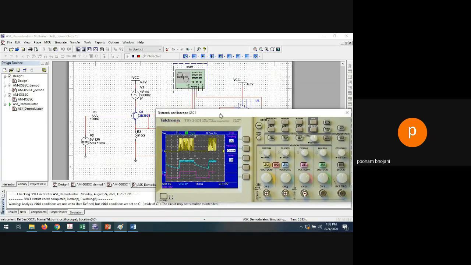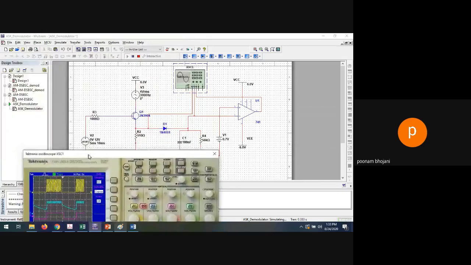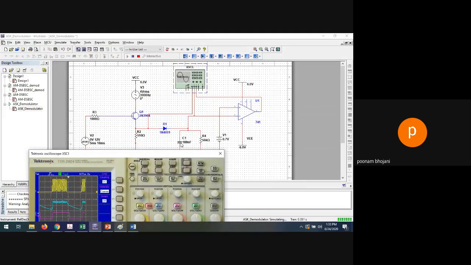Second is after the low pass filter. What is happening? See, the low pass filter has a capacitor which will simply charge and discharge. It charges whenever it is getting voltage. Whenever the capacitor is getting voltage from the diode, it will charge. But how will it charge? If the variations are very high, it will charge with this many oscillations. And whenever it goes to 0, the capacitor will discharge completely. The value of the capacitor will become almost 0. Again it will start charging like this, and again it will discharge.